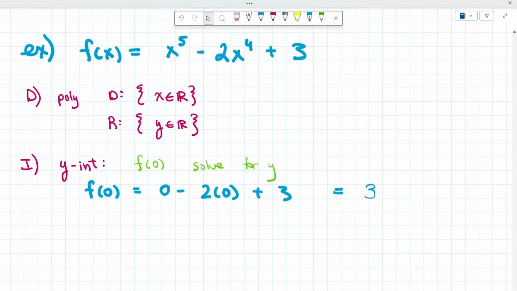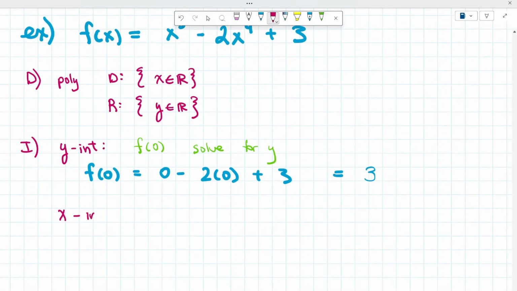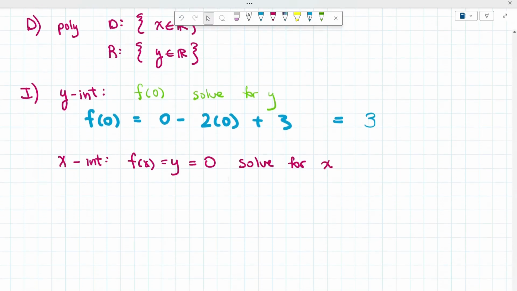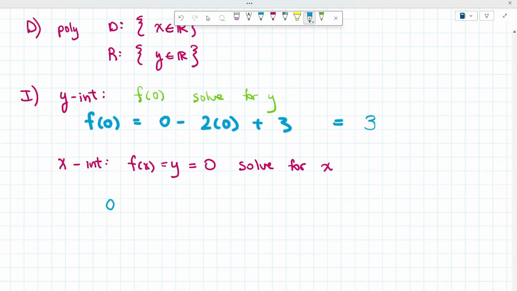Okay, perfect. So what about our x-intercept? For the x-intercept, we have to do the opposite and set y equal to 0. So we are setting f(x) = y = 0, and we want to solve for x. Okay, so in this case, what do we get? Let's look at our function here. We have 0 = x^5 - 2x^4